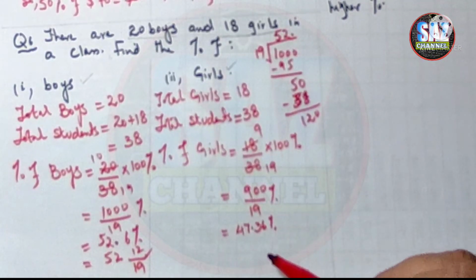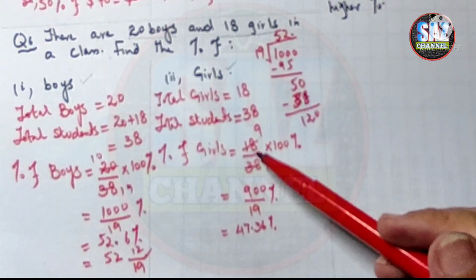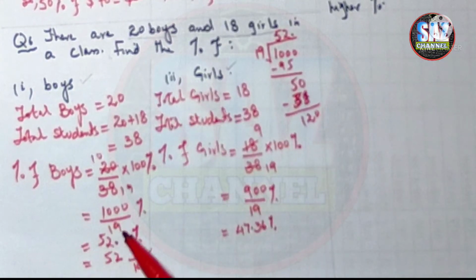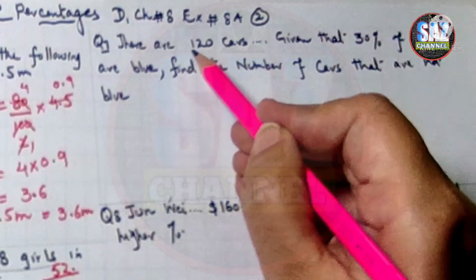Yes, that is 100%. So either you can calculate the percentage of girls by using the formula that the part of girls divided by total multiplied by 100%, or you can simply subtract this answer from 100 and you can get the answer. Okay, moving to the next question, and the next question says that there are 120 cars in